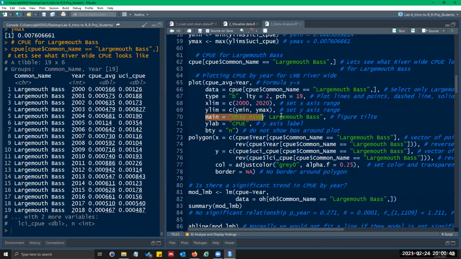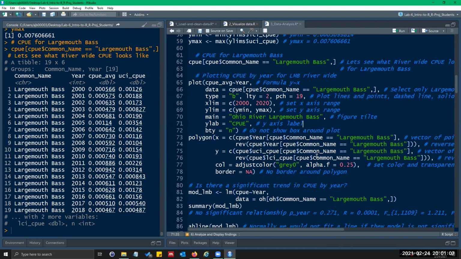So this is the main title, Ohio River largemouth bass. Y label, so you'll have to change that to smallmouth and spotted. This you'll have to change to smallmouth and spotted. Everything else can stay the same. ylab, catch per unit effort. If you wanted to do the xlab, it would be year.